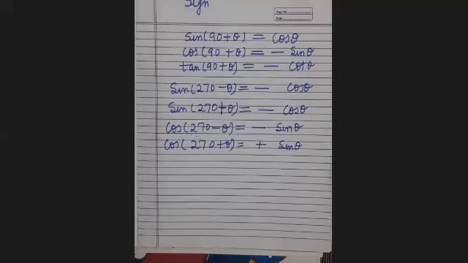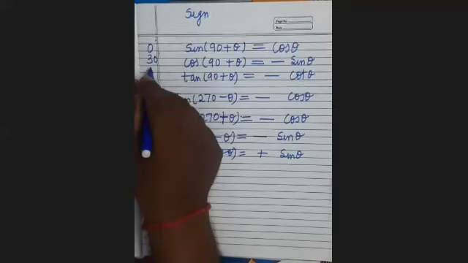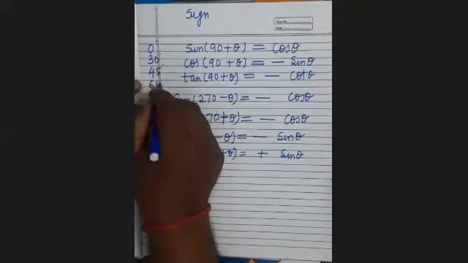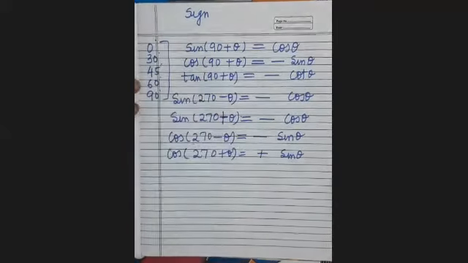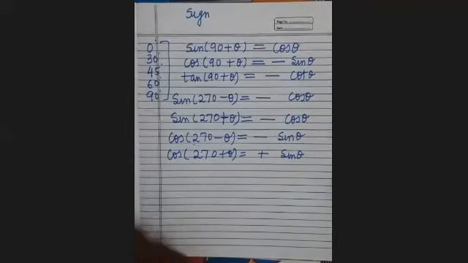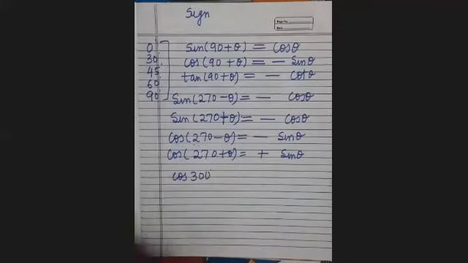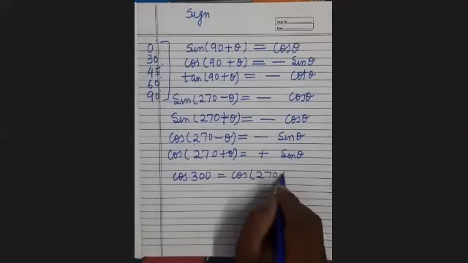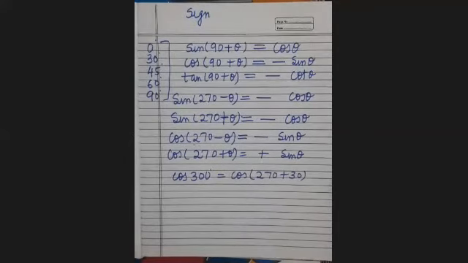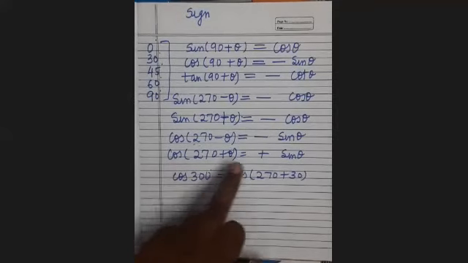अब देख लो इसका यूज क्या है. हमको तो ट्रिग्नोमेट्रिक रेशियोज कितने मालूम है? 0 degree, 30 degree, 45 degree, 60 degree and 90 degree. Only these trigonometric ratios you know. Suppose you have to determine cos 300 degree. So we can write it as cos 270 plus 30. Now cos 270 plus theta equals to sin theta.